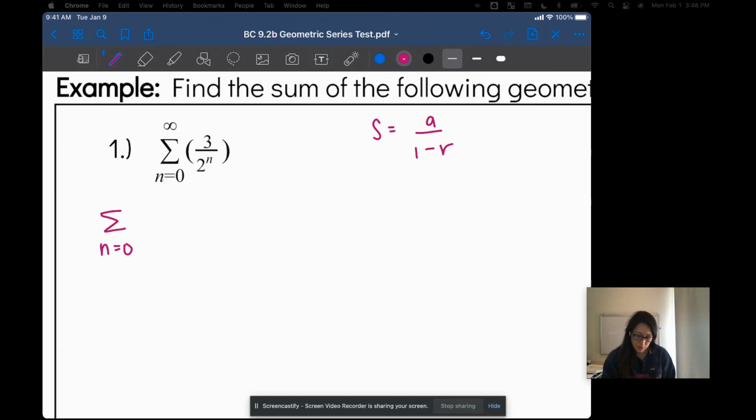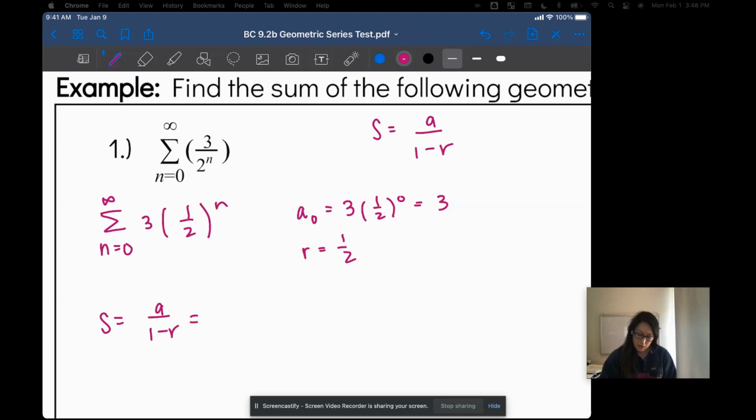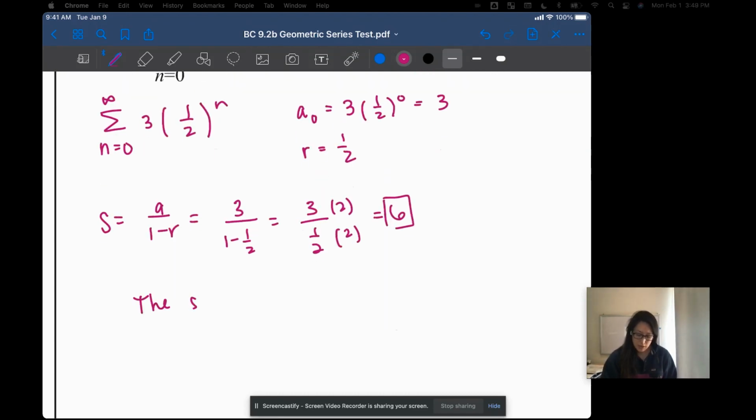n is equal to 0. The sum from n is equal to 0 to infinity of 3 times 1 over 2 to the nth term. So again, our a sub 0 would be 3, because it's 3 times 1/2 to the 0. So our first term is 3, and our r is equal to 1/2. So substituting that into s is equal to a over 1 minus r, I get 3 over 1 minus 1/2, which is 3 over 1/2 multiplied by the reciprocal. So I get 6. So the sum of the series is 6, which means that the series